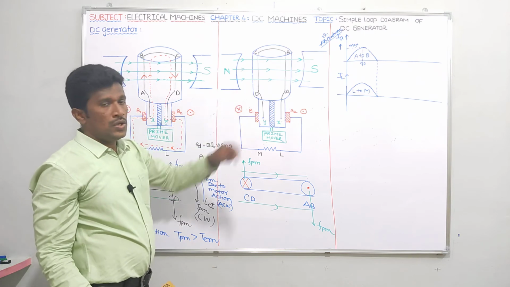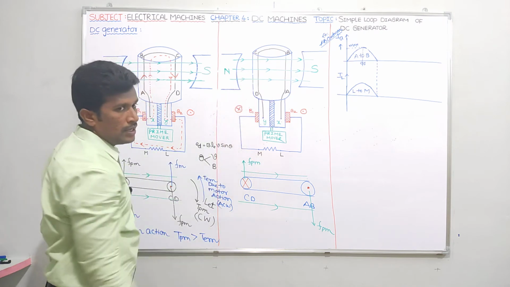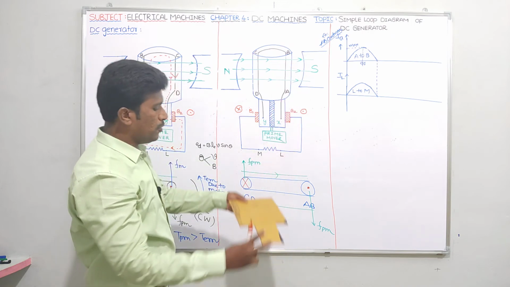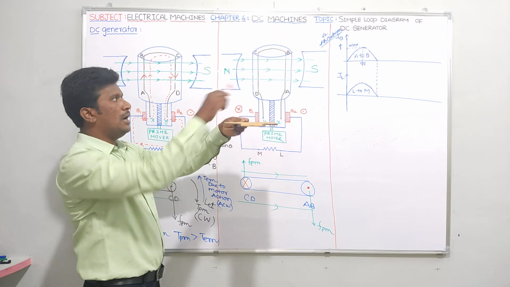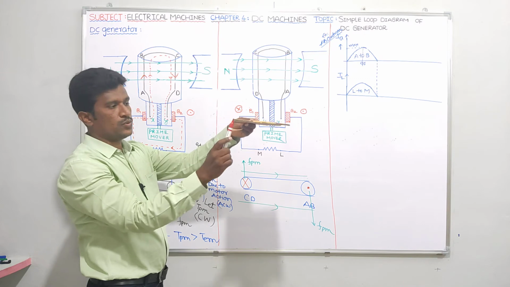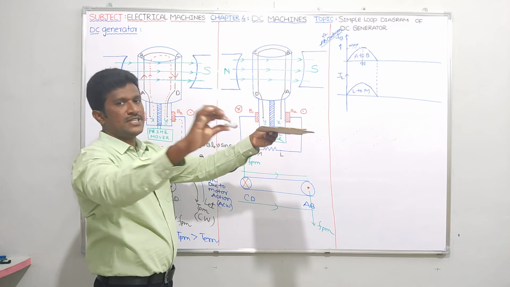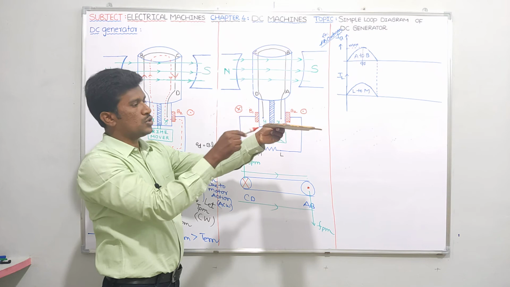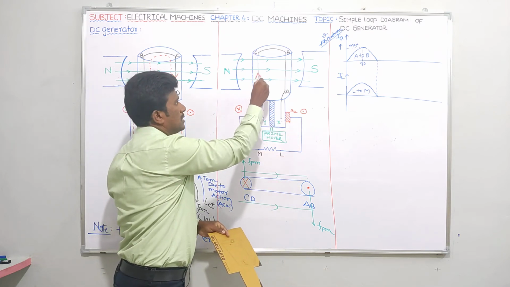And what is the conclusion I got? In CD, you are saying that direction of current is cross, which means entering into the board. And AB, you said direction of current is dot, which means coming from the board. So now CD current is here, and AB current is here. In CD, you say direction of current is cross. Cross means entering into the board. That means from you, direction of current is going into the board. Into the board, you have to show arrow mark like this, no? Arrow mark should be like this.